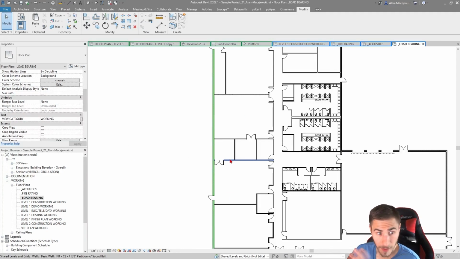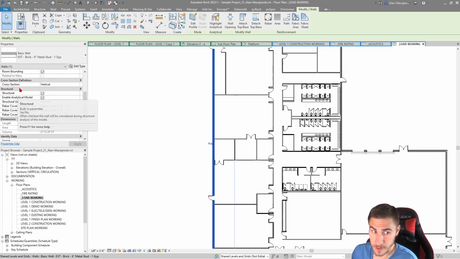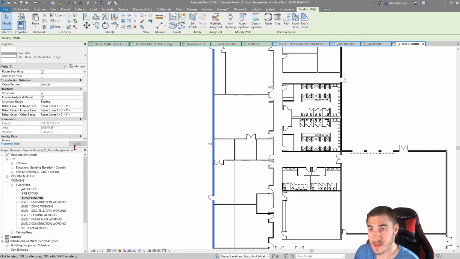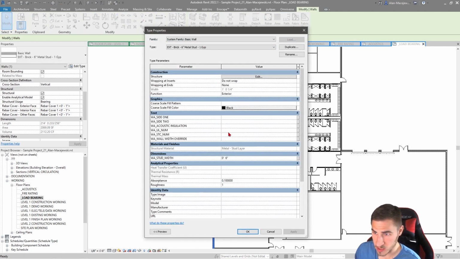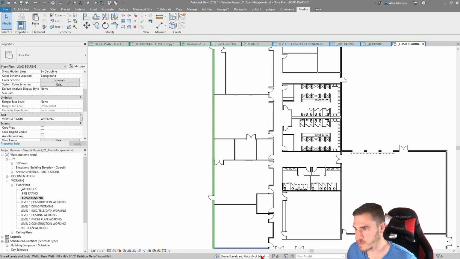So just remember, this specific structural parameter is an instance parameter. Whether you like that or not, cool, not a huge deal. What I've done in the past is I've made a new project parameter called load bearing as opposed to structural, so you don't confuse it. And you can make that a type parameter, and you can have it be just a simple checkbox in the type if you want it to. You can just have it be a simple yes, no, as an actual type parameter. So you can do it more globally than this, but this is totally fine for what we're doing,